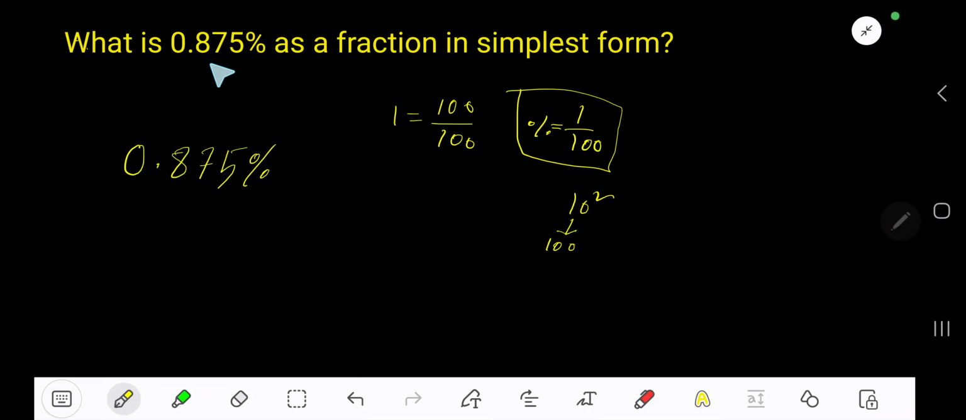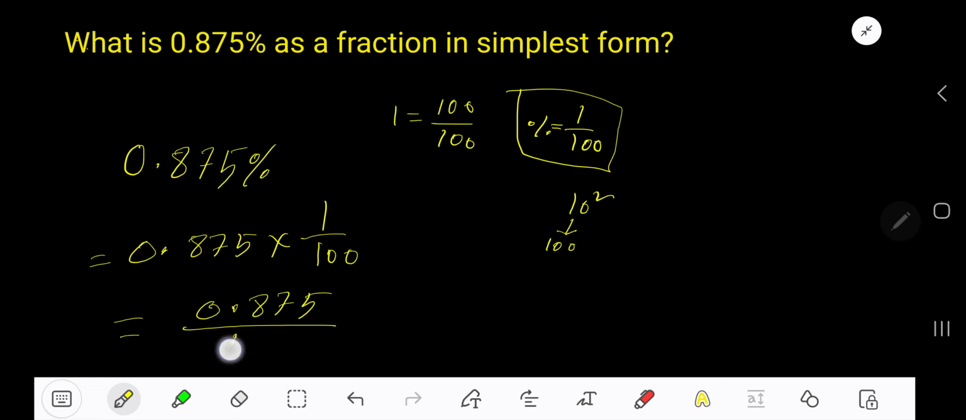What is 0.875% as a fraction in simplest form? So you can rewrite this 0.875% means 0.875 over 100. Now multiply, percent means 1 over 100 multiplied by